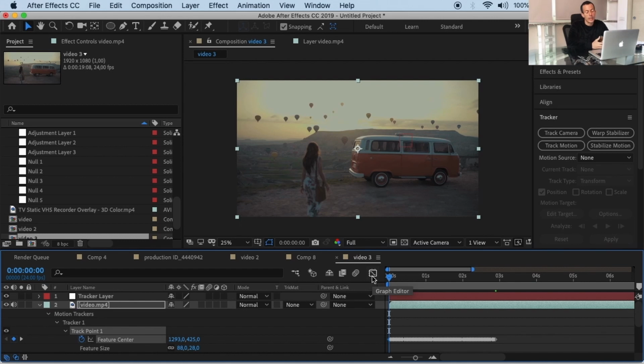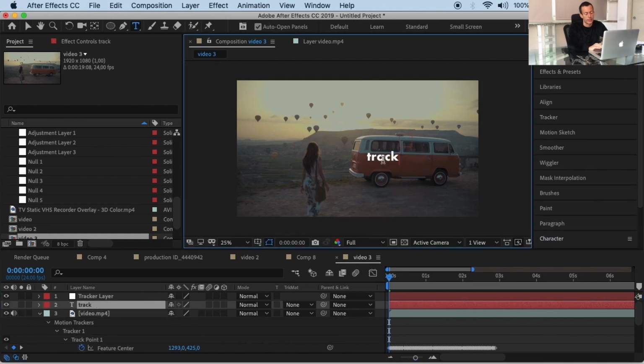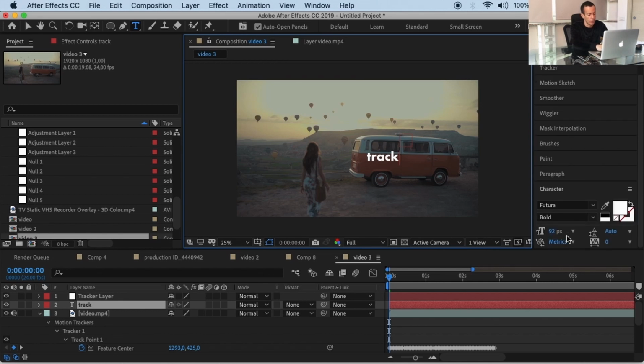Now I have just to include the element I want to add to this tracking. For example, a text, an animation, a picture, a logo that I previously created in Illustrator, for example. For now, it's enough to have just a text. Let's call it track. If you want to set up the character, you can choose the font. In this case, I'm using Futura Bold, and the size and the color. I position the text